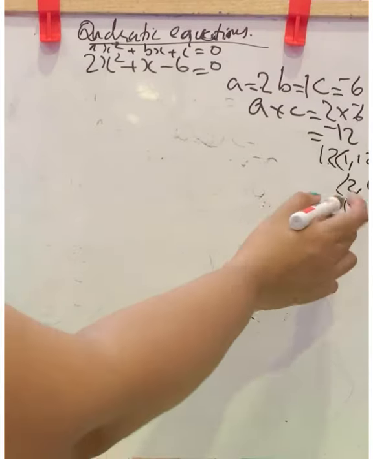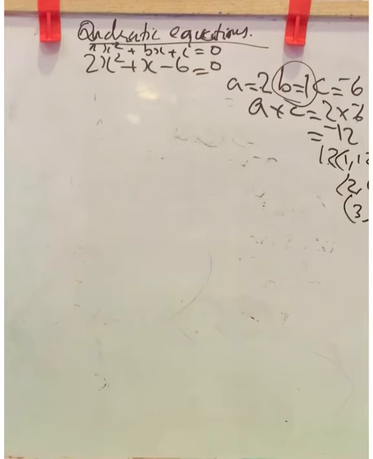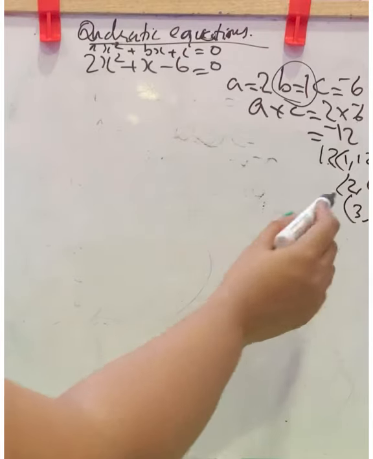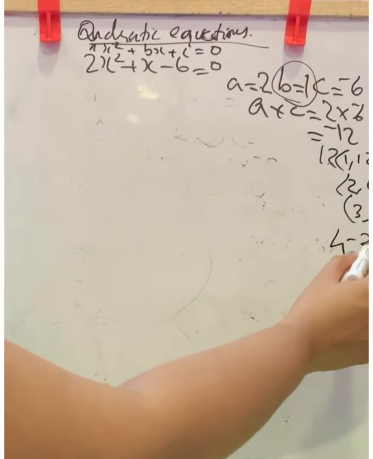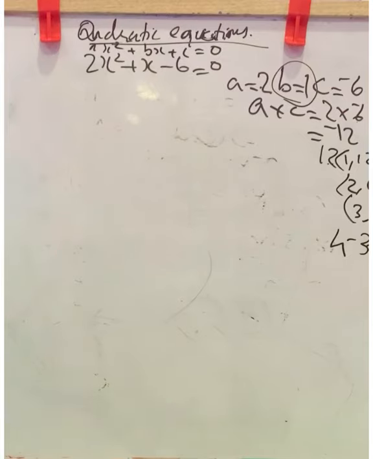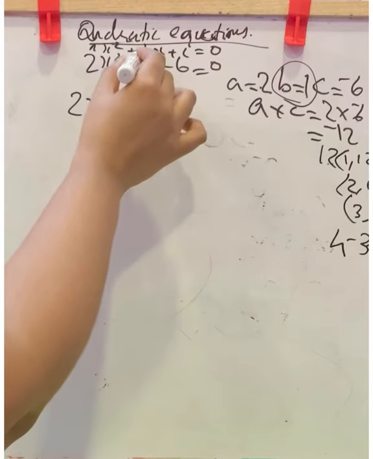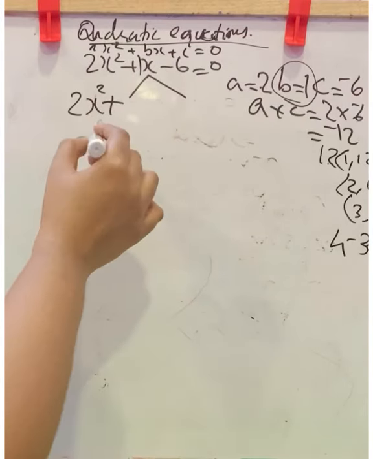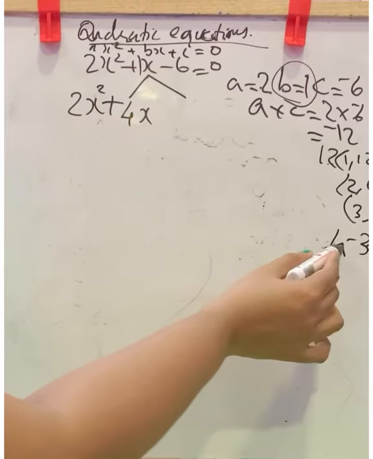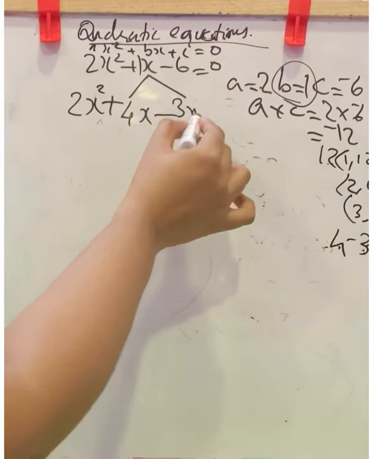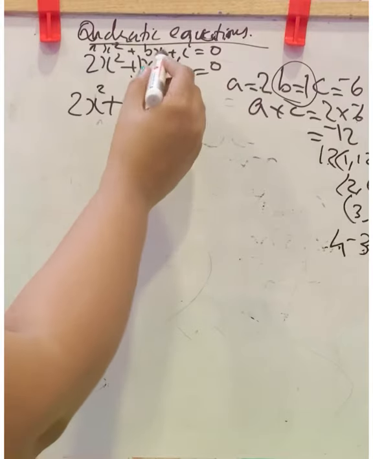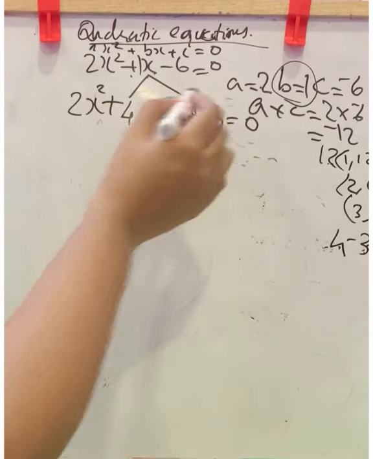So we got 3 pairs. From that, which is matching with this b. b is 1 here. 1 and 12, after adding or subtracting or changing its sign, we will never get 1. 2 and 6 also we will never get. But 4 and 3, we know 4 minus 3 equal to 1, right? So we can split it like that. 2x square plus x. x means 1x. That is why we write b equal to 1. 4x minus 3x. 1x is 4x minus 3x. Minus 6 carry down equal to 0.